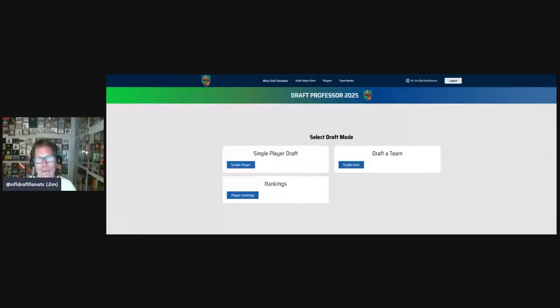But what I'm going to do is demonstrate how the interactive simulator works. Specifically, some fans have given some feedback. Hey, I think my team's going to pick this player, or I think my team should pick this player. So I'm going to show you how I will manipulate team boards, and fans can do this too.